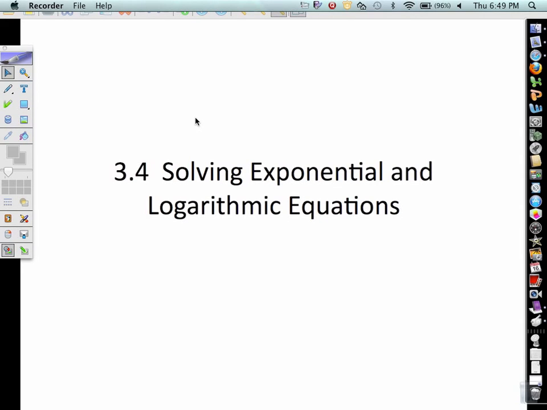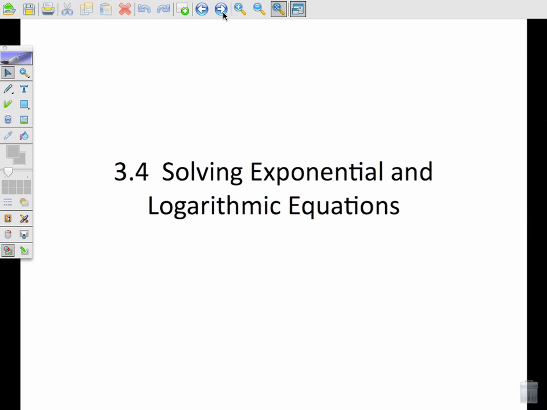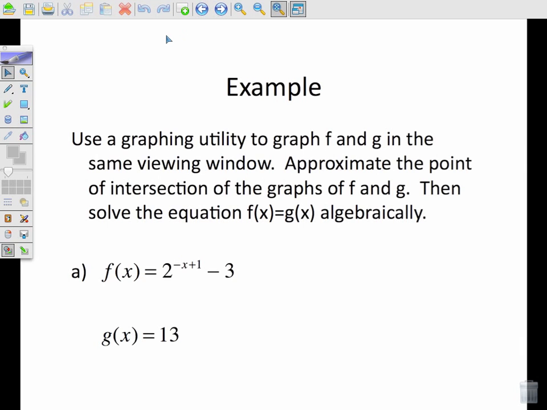Lesson 3.4, and we are going to be solving equations using logarithmic expressions. The first thing that we're going to do is just look at two options we have for solving logarithms. One option is using your graphing utility, and the other option is solving algebraically. So right now what I would like you to do is go ahead and enter both of